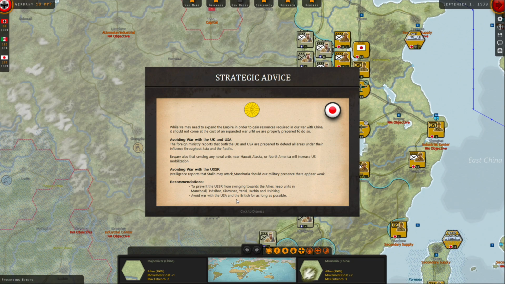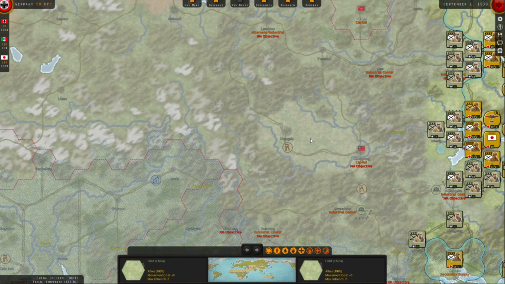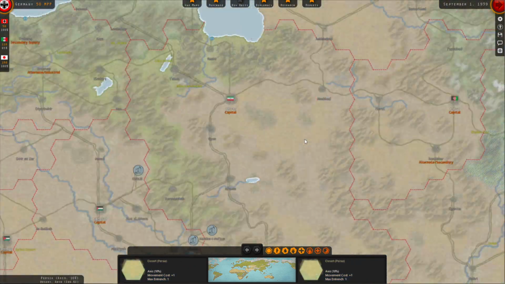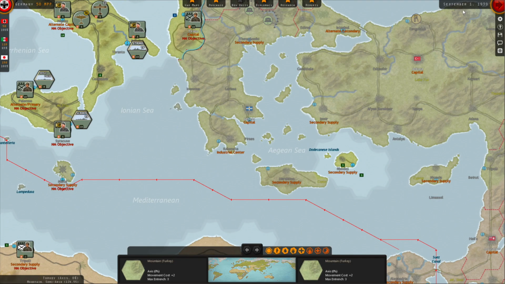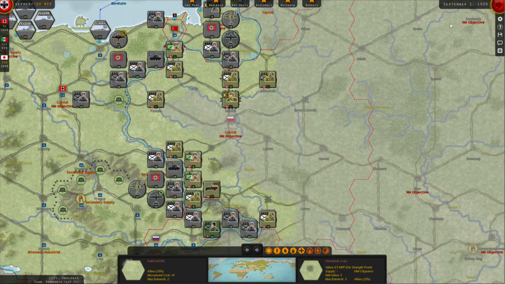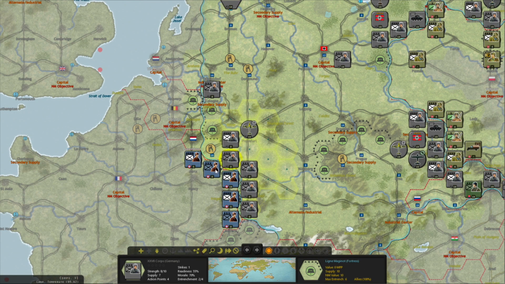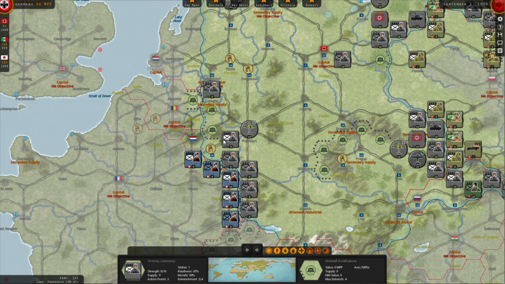Keep units in. Okay. Well, it says avoid war with the UK if possible. I mean, isn't September 1st the day that they actually declare war on... Yeah, doesn't look like it. Alright. So...